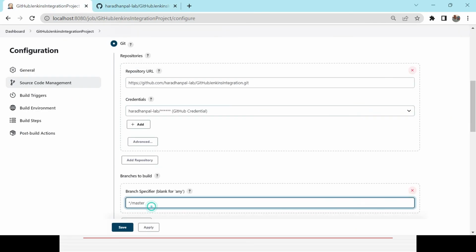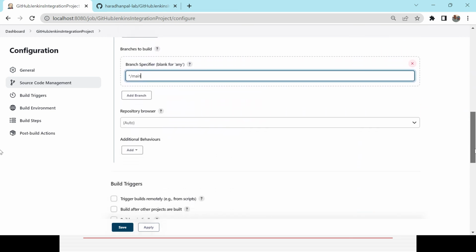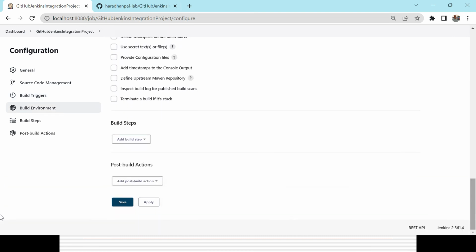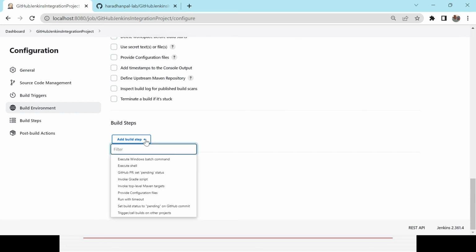So I'll be changing it to main, otherwise slash star, I'm not changing it. I'm changing it to main. The other part, you don't need to change anything for now. Then in that build step, add build step, you need to click it here, and you need to click